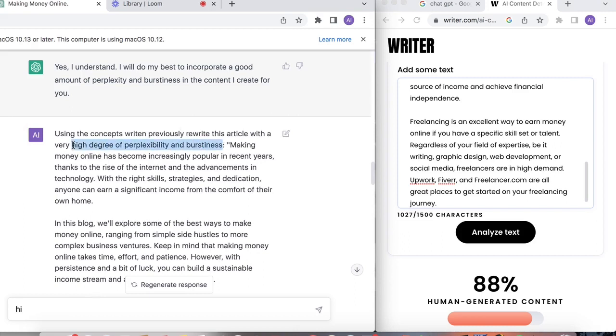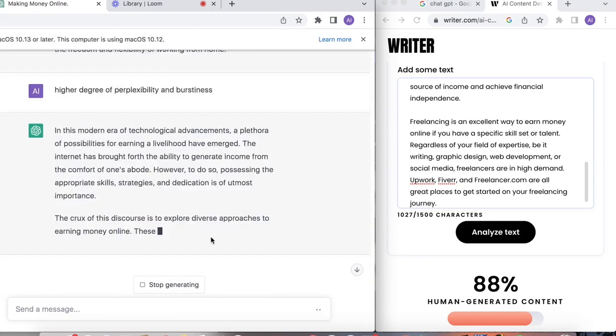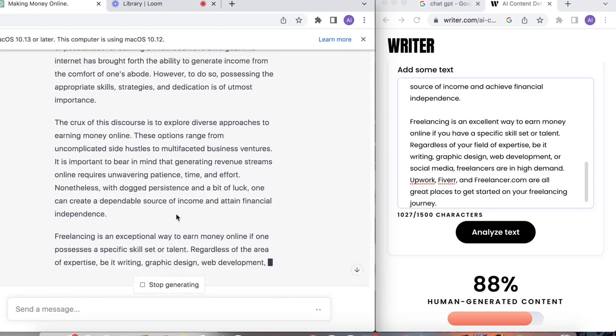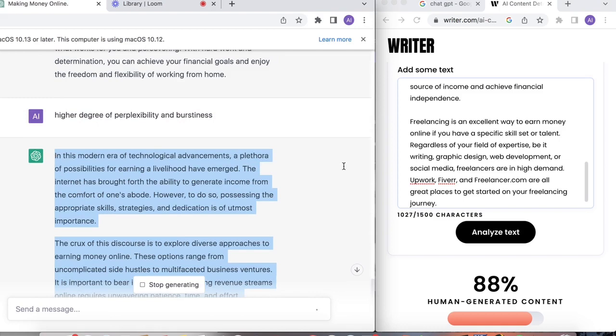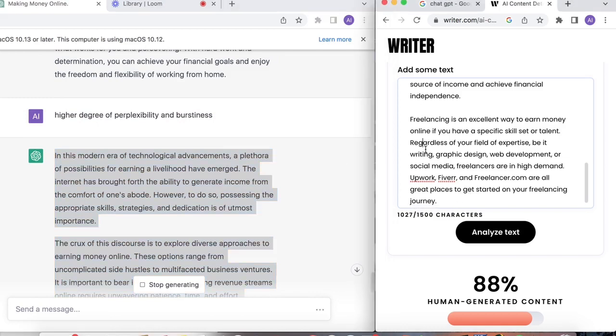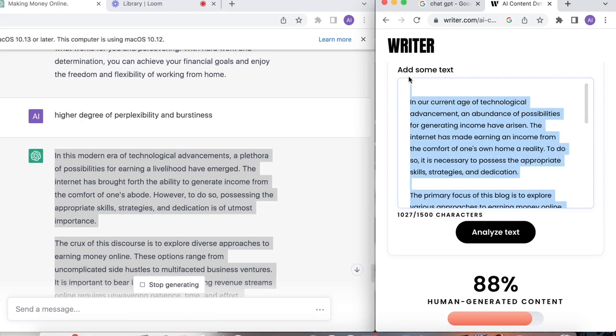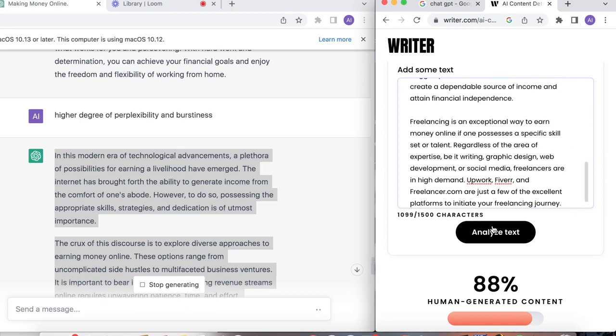Look, so copy this. I'm going to put it in the description, don't worry. So you just put higher degree of perplexity and burstiness. Done. And let's see what happens with the detector. So let's erase this and paste the other one and analyze. Boom, 100. That's how simple it is to write an article or a blog or anything in ChatGPT without getting detected,